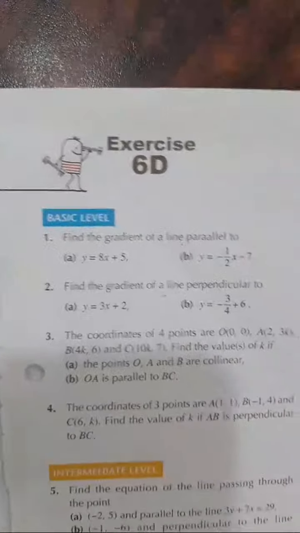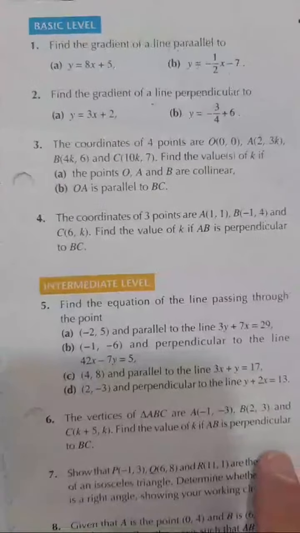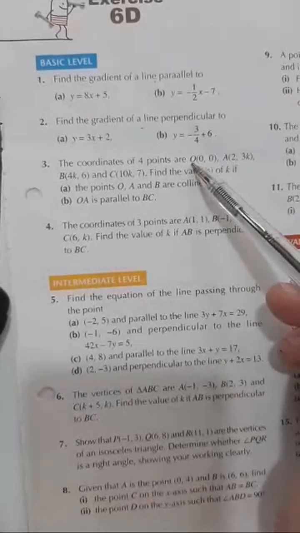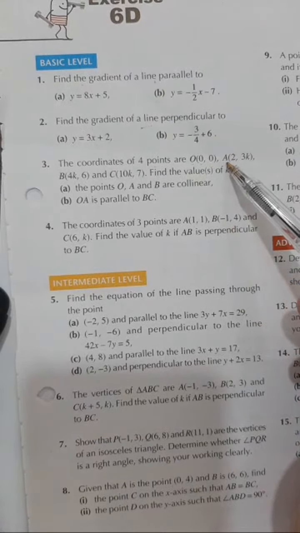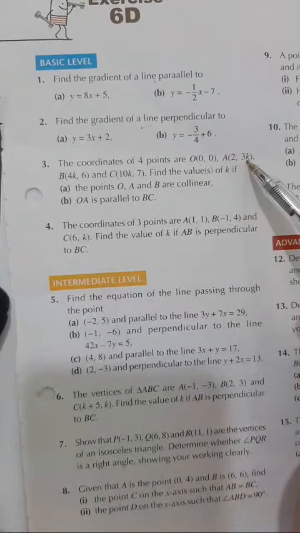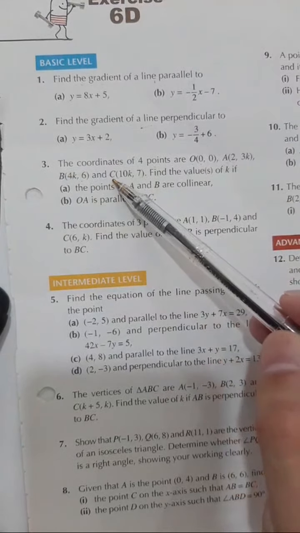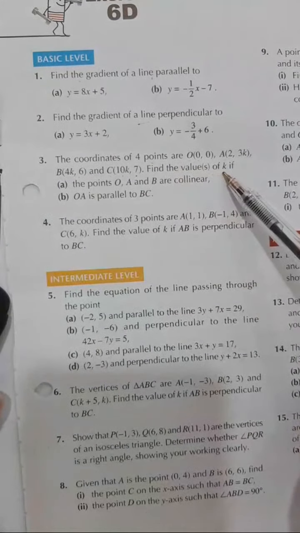In question number 3 of exercise 6D, D3, seventh edition. This is question number 3 right over here. The coordinates of 4 points are: we have a point O that has coordinates 0, 0. Then we have a point A with coordinates 2 and 3k. Then we have a point B having coordinates 4k and 6, and a point C having coordinates 10k and 7. Now find the value of k